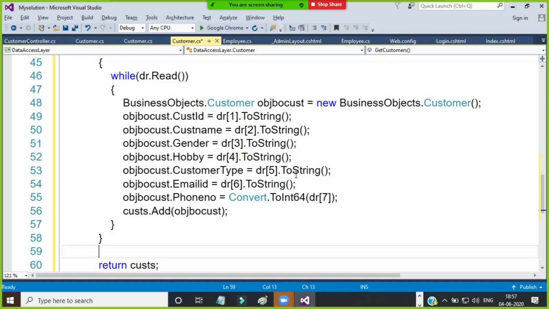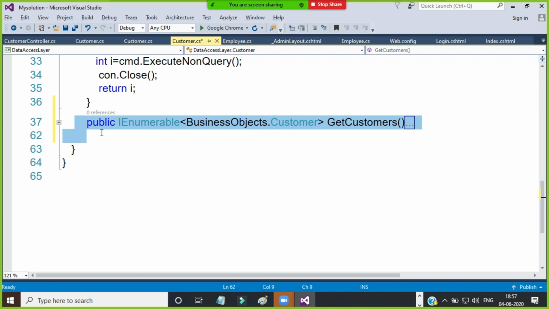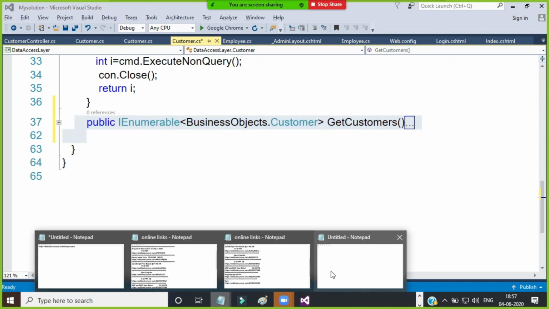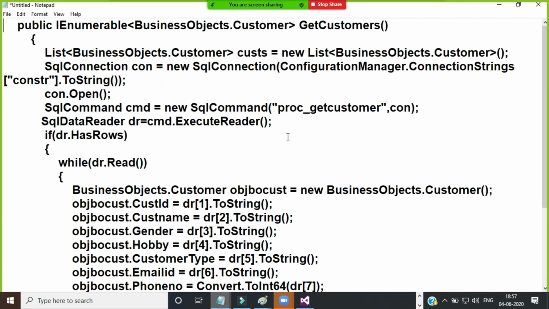Is it clear? And outside close the connection, because always it is not in ASP.NET you have grid view control, but here you have, okay, if you want to display the data in the drop down list control or your HTML table, you have to write this code. Collection is very important, because it will always return the collection type.